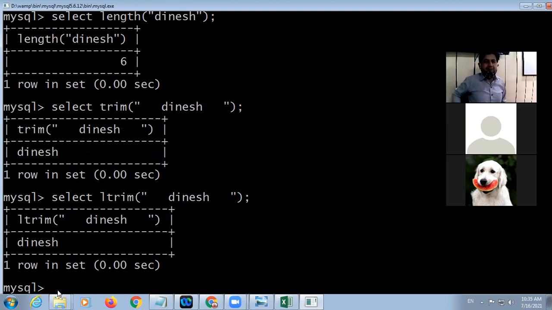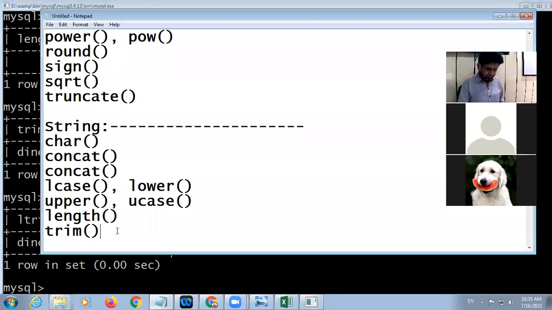Here is L trim. L trim: left hand side extra spaces will be removed. R trim: right hand side extra spaces will be removed. So here trim as well as L trim, then R trim.